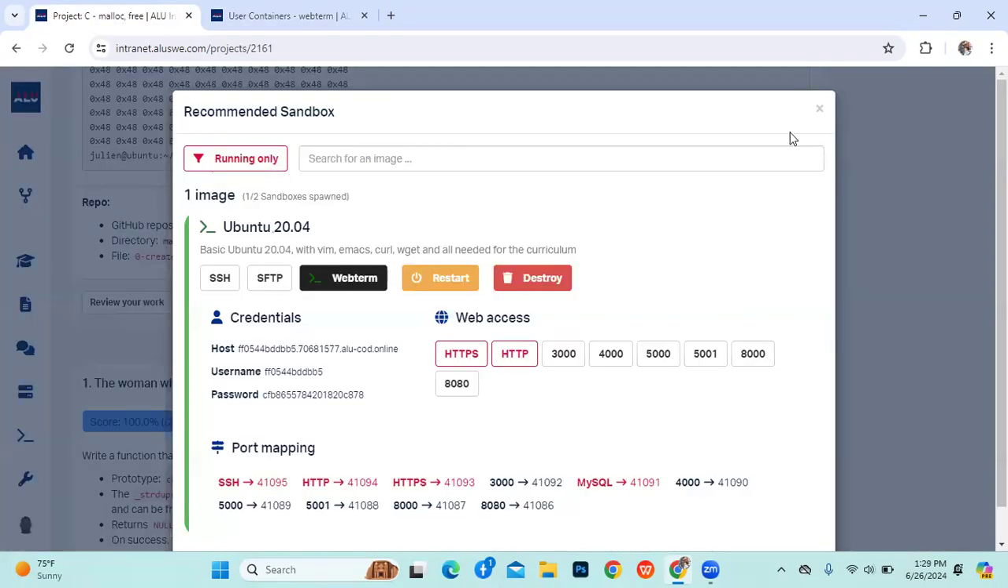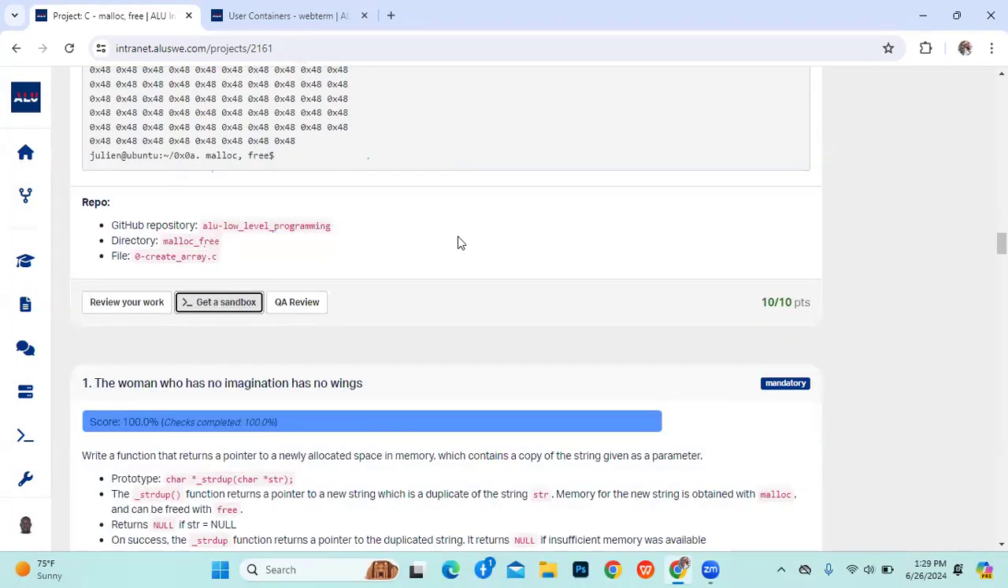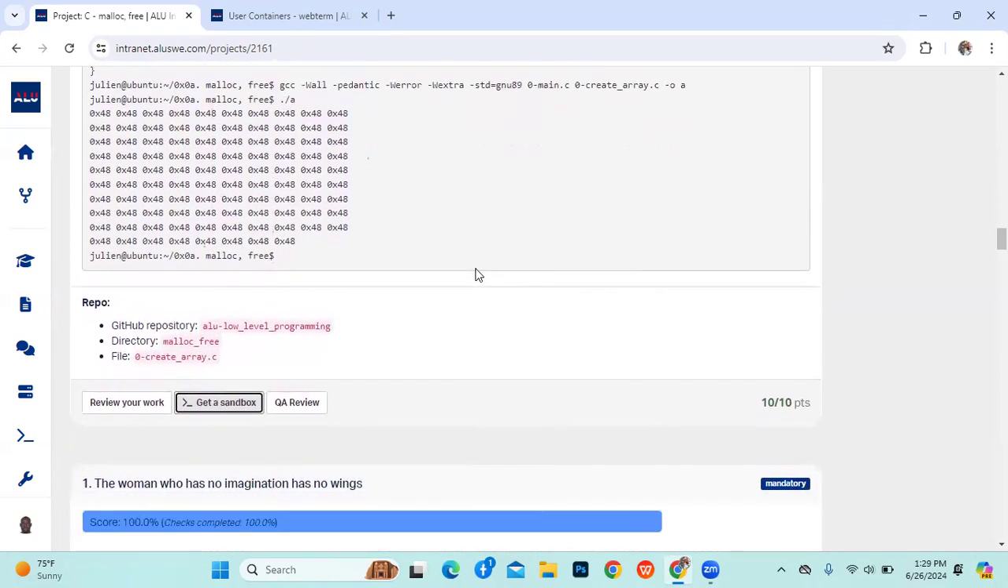Yeah, this is my terminal. Okay, before we dive into the project,